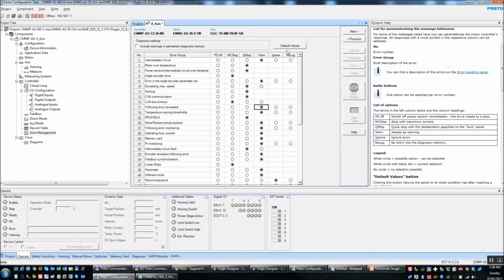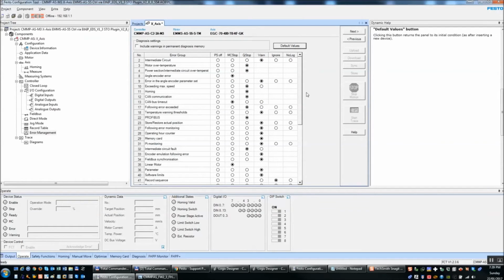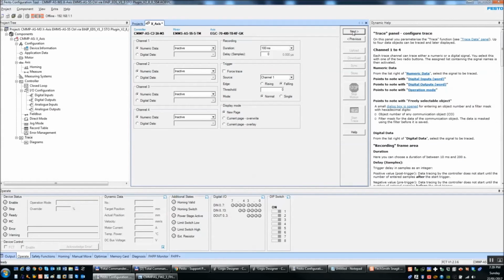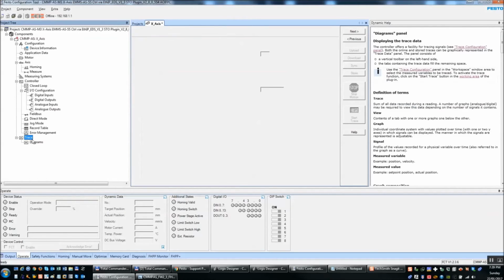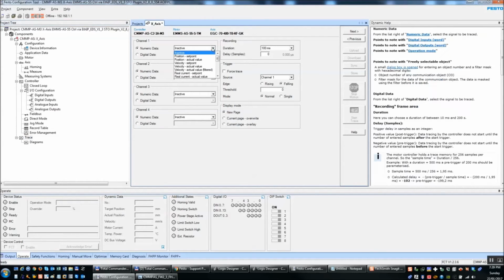If you forget what you've done, you can always hit the default values. Away you go. And the trace we don't need. Trace is like a scope. It'll track different things when you're tuning or when you're looking for some problems or whatever. And that's it for the configuration. The save button, and we have configured everything